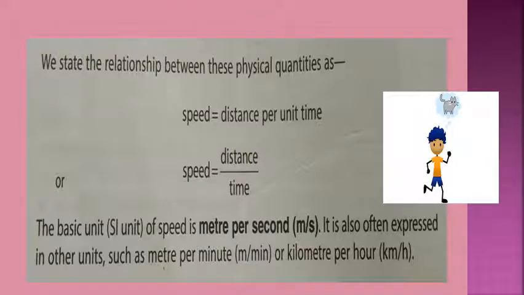So from all these examples, we can state the relationship between these physical quantities: distance, time and speed. Speed is equal to what? Speed is nothing but the distance per unit time. Mathematically, the formula is speed is equal to distance upon time. The SI unit of speed is meter per second, which we write as small m slash s, and it is